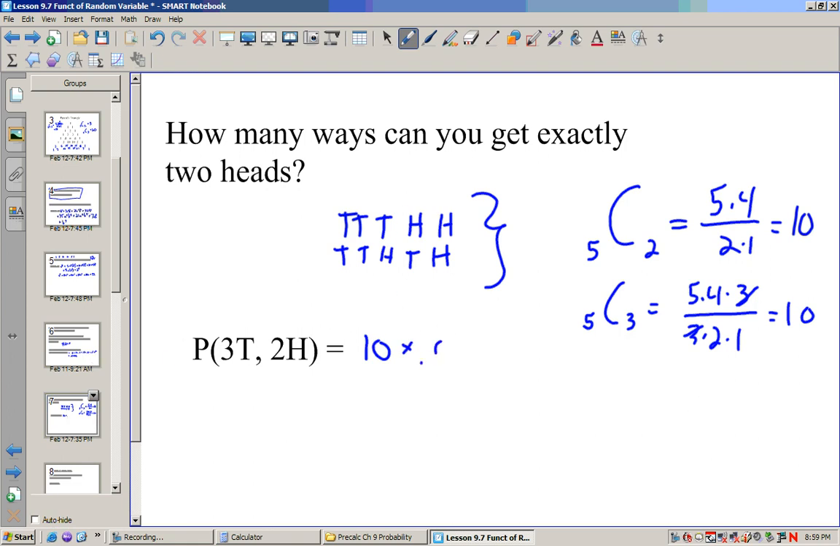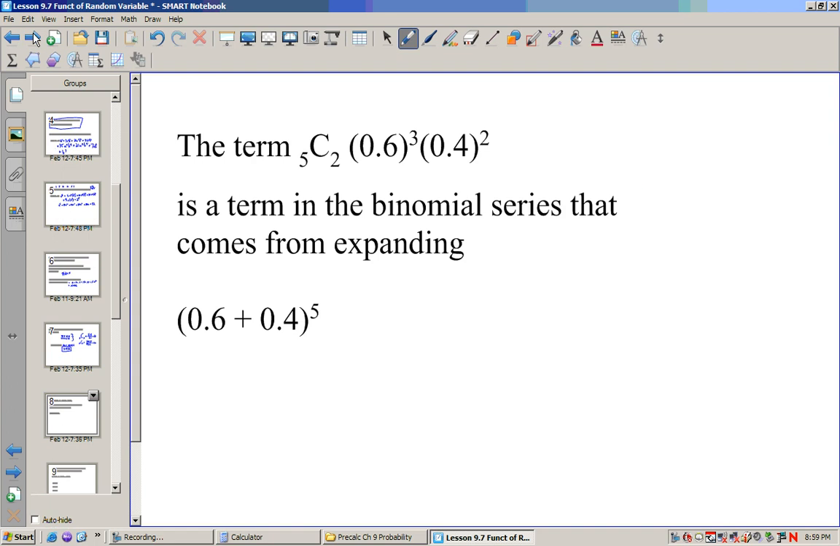And the number was 0.03456, I believe. Yes. So now if I multiply those together, that's going to be 0.3456. And that's the probability that I will get 3 tails and 2 heads from that particular coin. So it's the term 5 choose 2 times 0.6 to the third times 0.4 squared. Now I can get that by expanding this. So let's expand